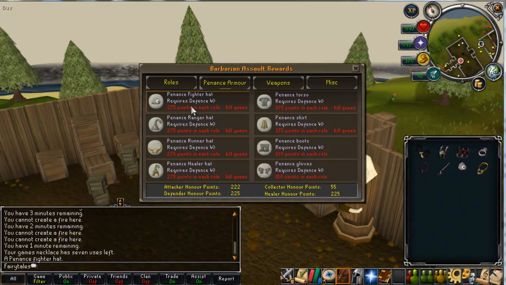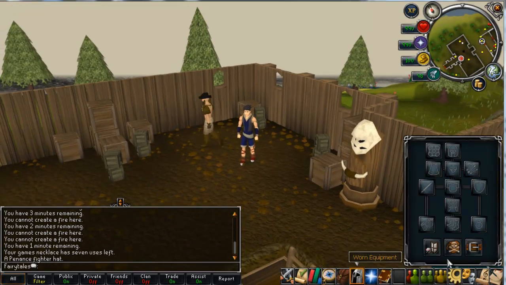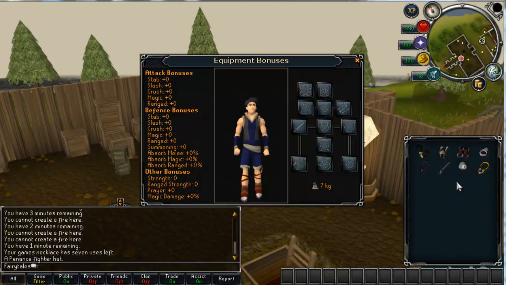Right, so your fighter hat costs 275 points in each roll. So as you can see at the bottom, I've got my points on each roll. I've only just recently bought a second fighter hat, so I had a stack in my bank, so I haven't got the points to buy another one. So you only have to spend a few hours here and you should have that, not even a few hours even. And now if I go on my stats, if I equip the fighter hat, you can see